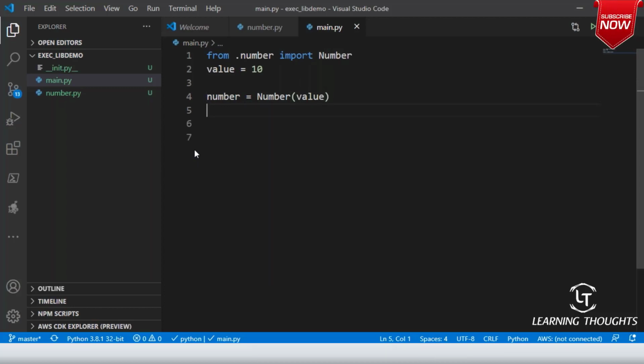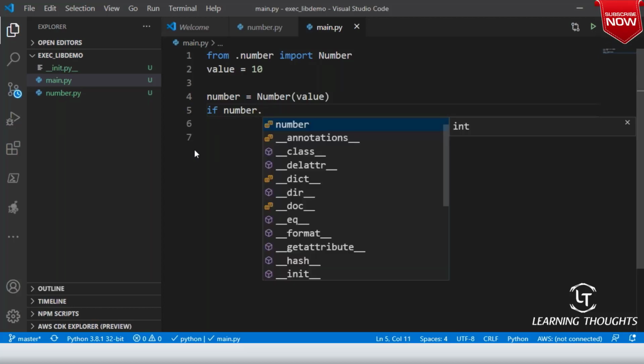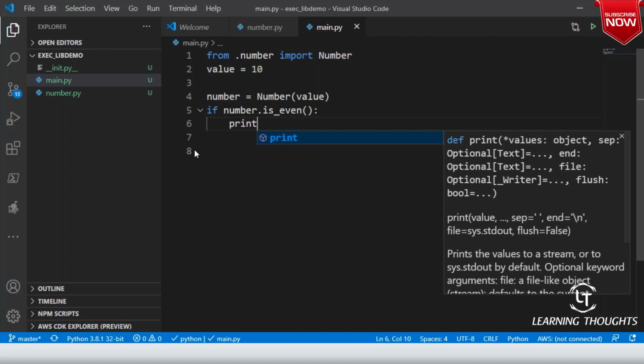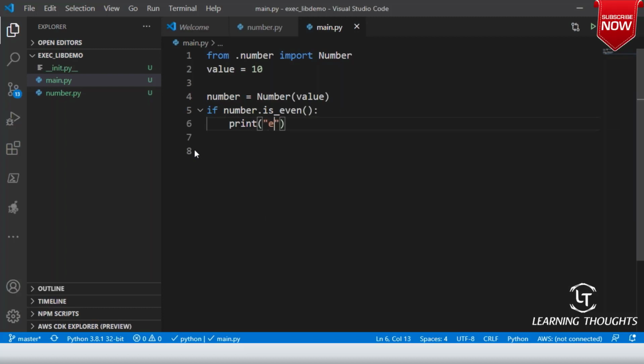If number.is_even, print even number, else print odd number. You can basically use the input command also, but I'm not getting into that.